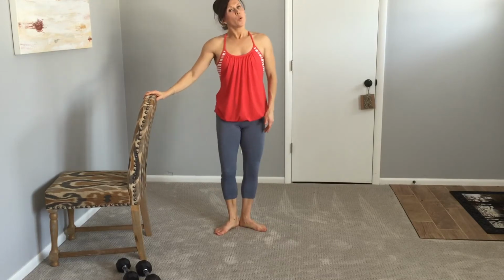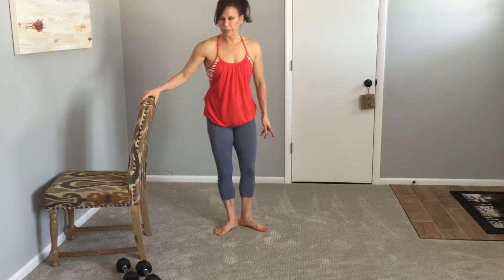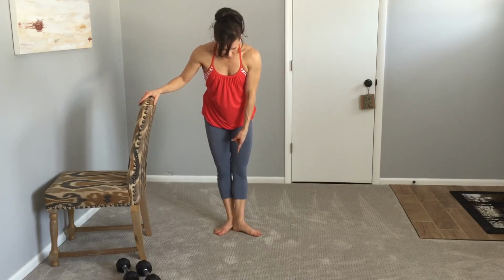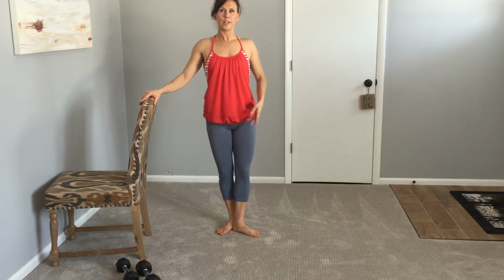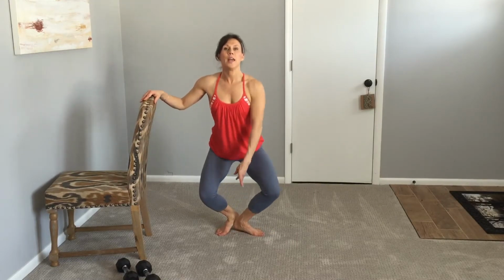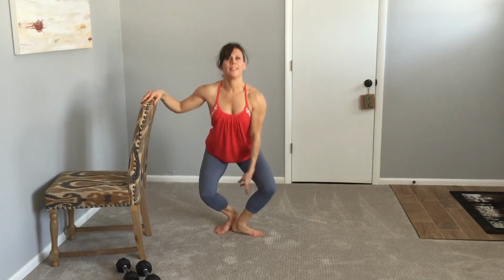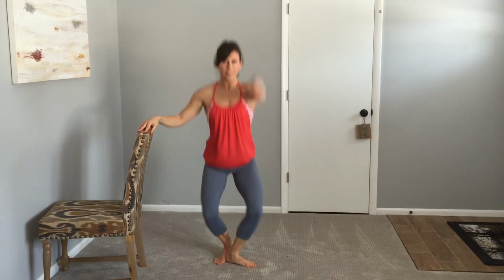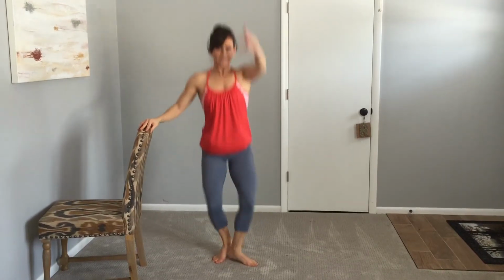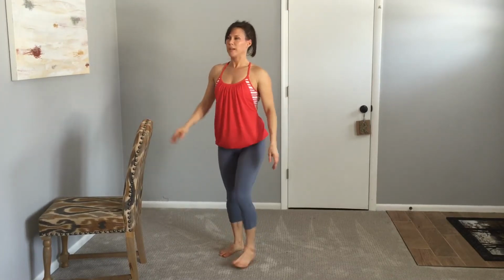First position, we're going to do a demi-plie, but we're going to raise it up to the ground, and we're going to do it from third position. So we've got that outside heel into the arch of the inside foot. Shoulders back, soft, and bring the arm up as you hop. 2, 3, 4, 5, 6, 7, 8, 1, 2, 3, 4, 5, 6, 7, 8, and you guessed it, we're